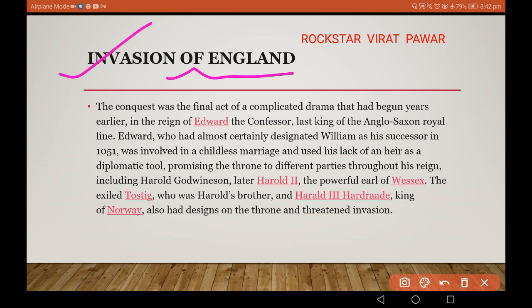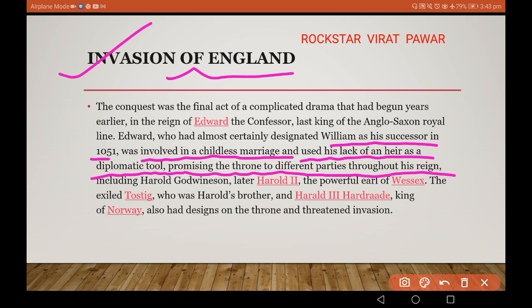What is the invasion of England? The conquest was the final act of the complicated drama that had begun years earlier in the reign of Edward the Confessor, the last king of the Anglo-Saxon royal line, who had almost certainly designated William as his successor in 1051. He was involved in a childless marriage and used his lack of an heir as a diplomatic tool, promising the throne to different parties throughout his reign, including Harold Godwinson, later Harold II, and the powerful Earl of Wessex,